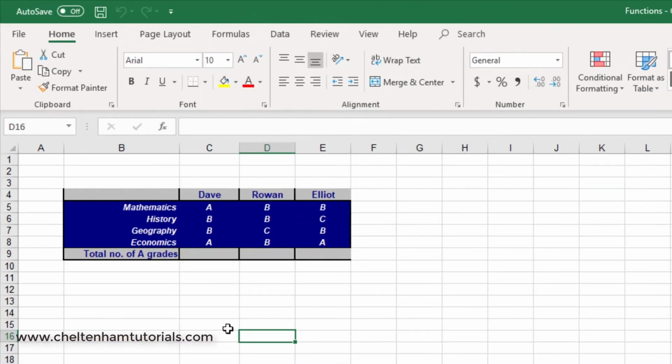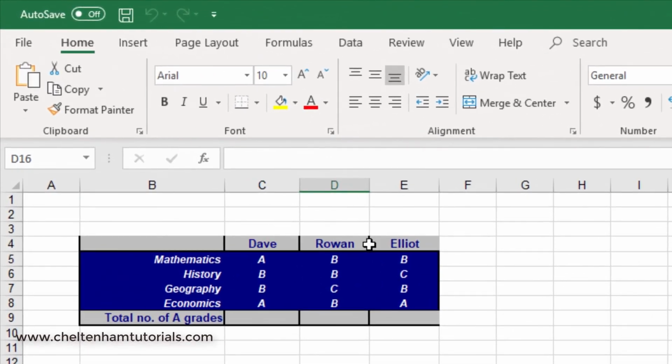This time we're going to use the COUNTIF function. So as you can see these are the subjects here, and we've got 3 people, Dave, Rowan and Elliot. And what I want to do here, if I click here, is I want to see how many A grades Dave has. So he's got 1 and 2. Rowan unfortunately doesn't have any A grades, and Elliot has 1. So what I need to do is click here,